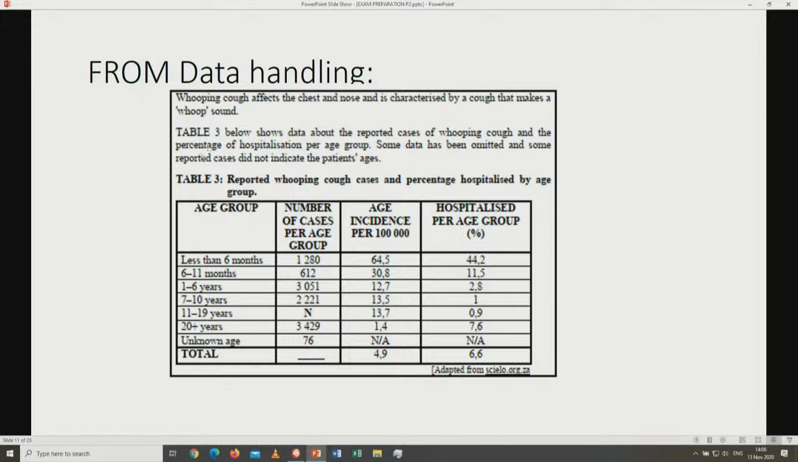So if you look at this question from data handling that I'm now having for you here on the screen, you will see it is a question that was about whooping cough, which affects the chest and the nose and is characterized by a cough that makes a whoop sound. Now, whether you understand what whooping cough is or not, whether you know the disease or not, you should now, by reading the question, by analyzing the question, be able to answer the questions that's going to be posed regarding